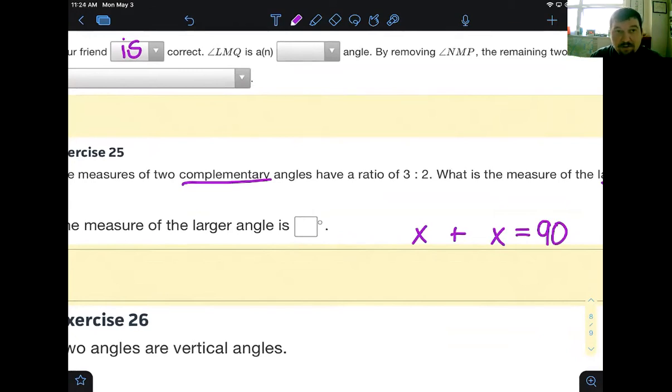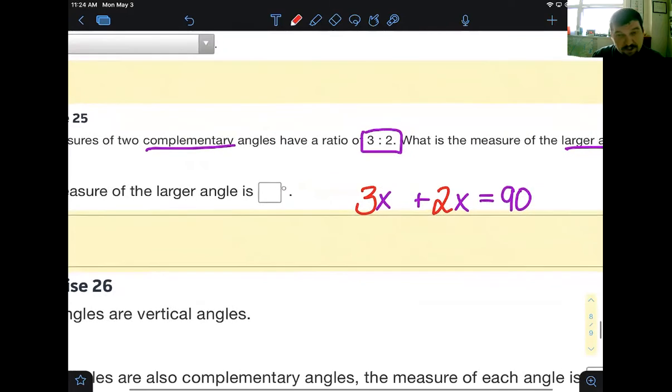So two angles that add up to be 90 degrees. That's what it means to be complementary. The fact that they have a ratio of 3 to 2 means I'm going to put a 3 in front of this X and a 2 in front of that X. That's it. That's all that means. So now I can solve this equation to find out what X is by combining my 3X and my 2X. That'll give me 5X equals 90. And then dividing by 5, and 90 divided by 5